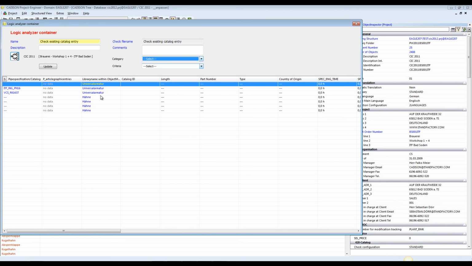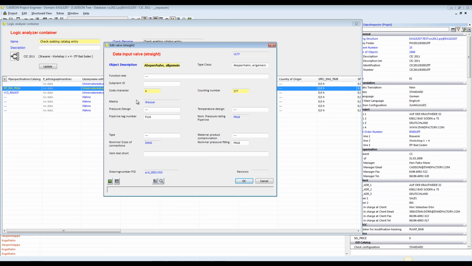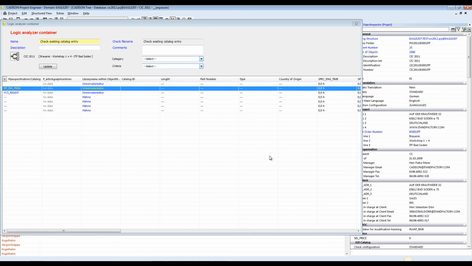And now I can add the straight valve over here. Okay, so as I expected, the construction user is not able to attach or detach any catalog entry over here, and also for example, the price is not present and some other items were missing. Okay, so let's close this